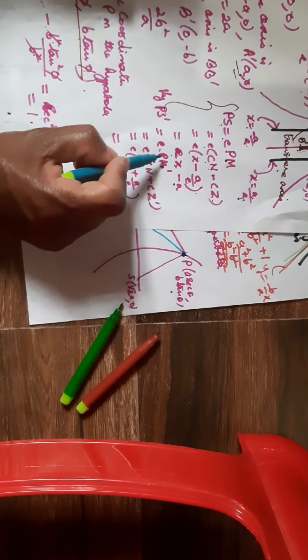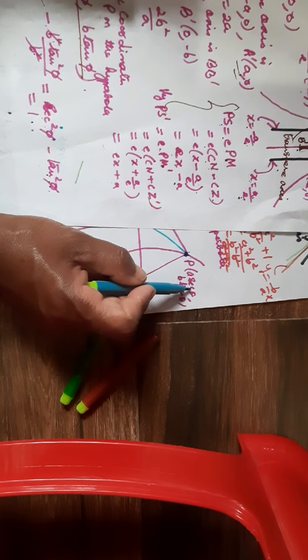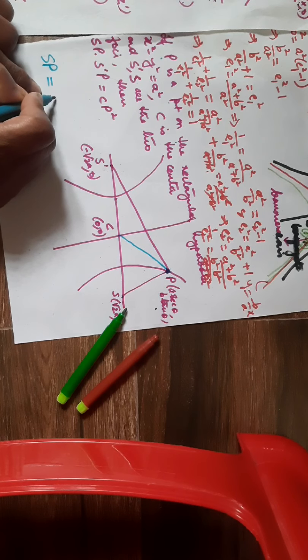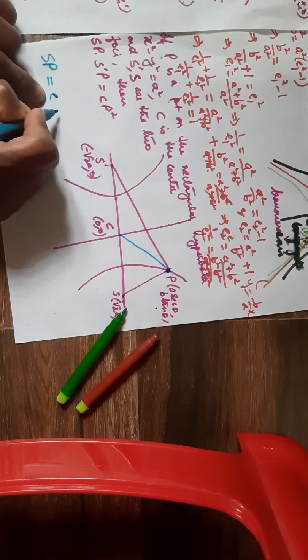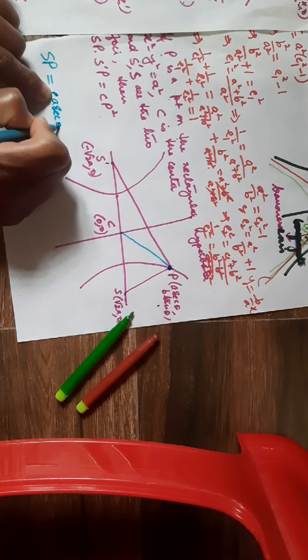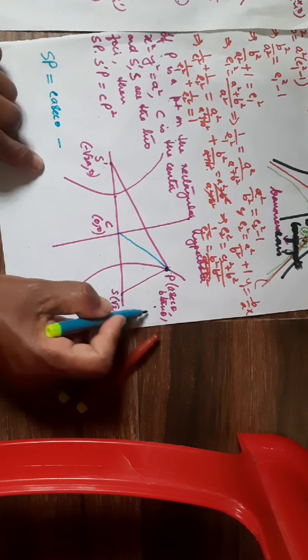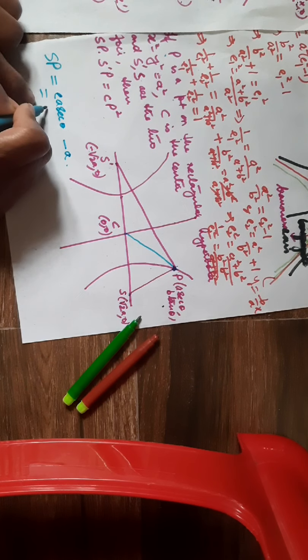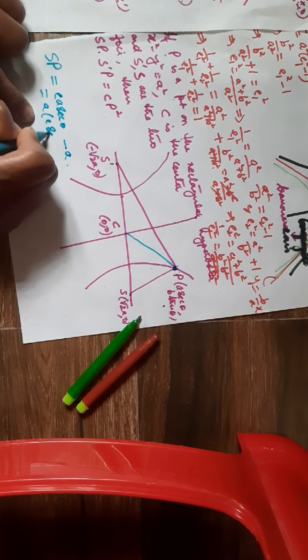That means PS is equal to ex minus a. But what is x in this case? It is a secant theta. So using this, we can write SP is equal to e times x, that is a secant theta, minus a. So it is a into (e secant theta